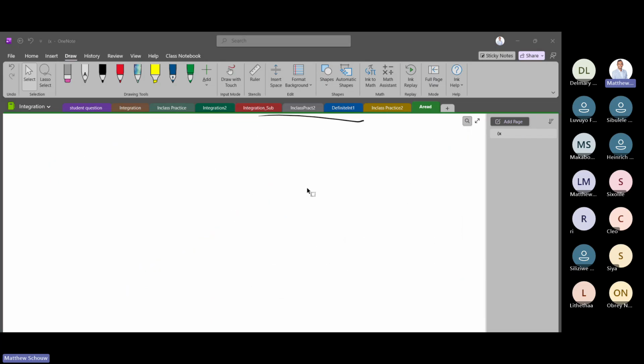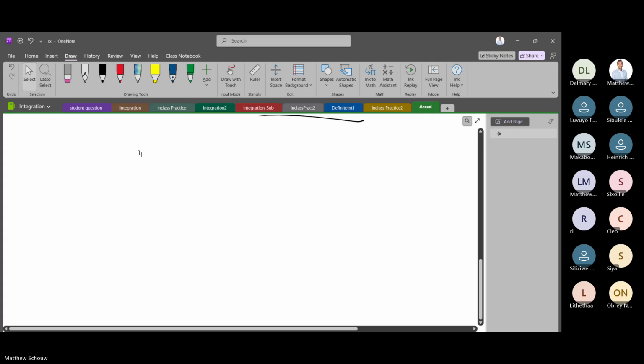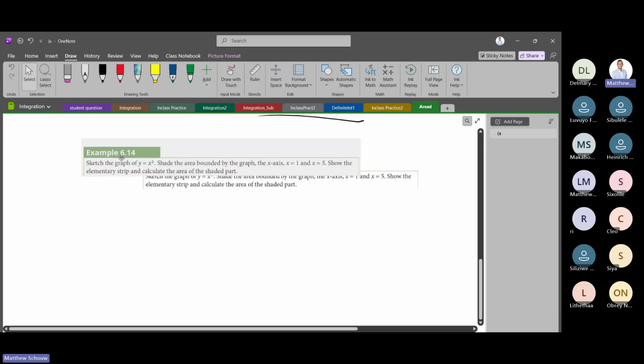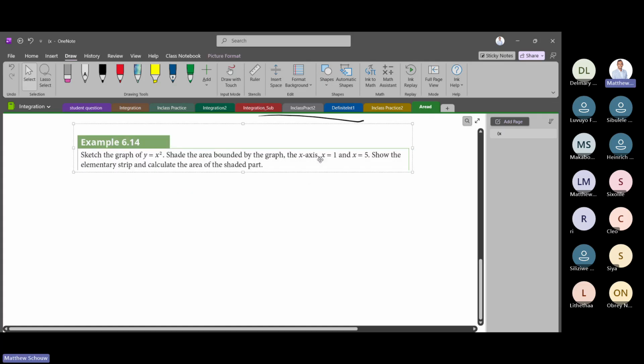I'm going with the book, and don't worry, there are a few to do. So this one, 6.14. I think I'm going to do this one, and then I'll give you guys something to do. Sketch the graph y equals x squared, shade the area bounded by the graph, the x-axis, x equals 1 and